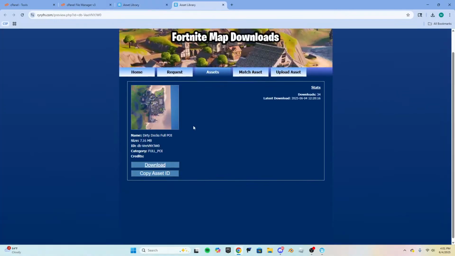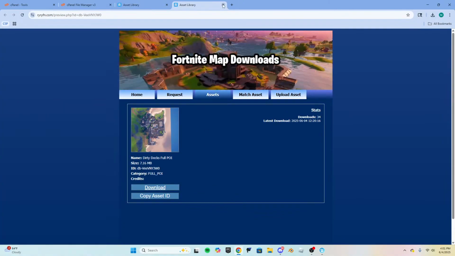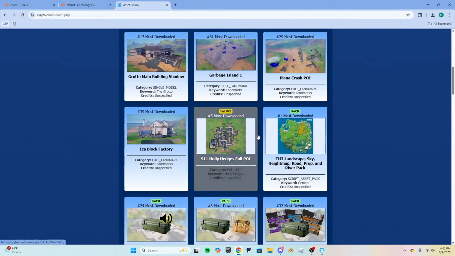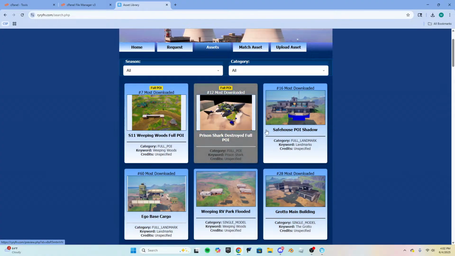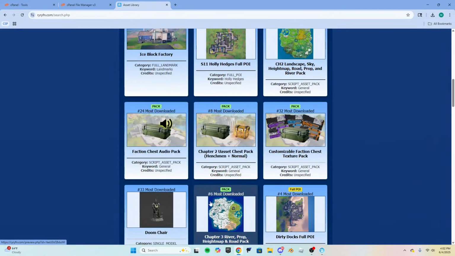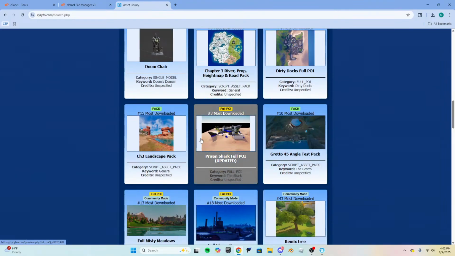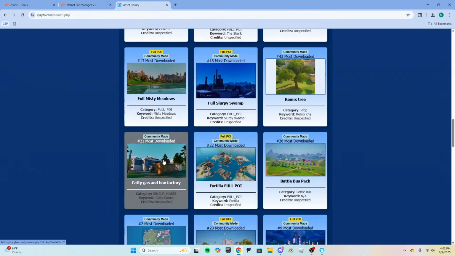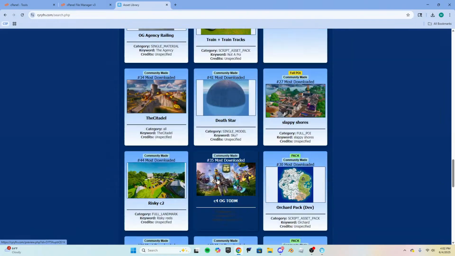And then we've got 30 docs full POI is number 4. What's number 2? Number 5, number 7, number 12. Number 3 is the full prison shark.